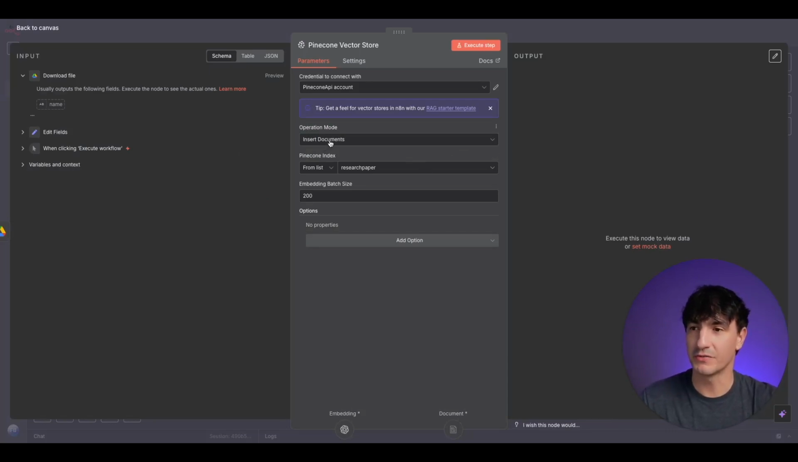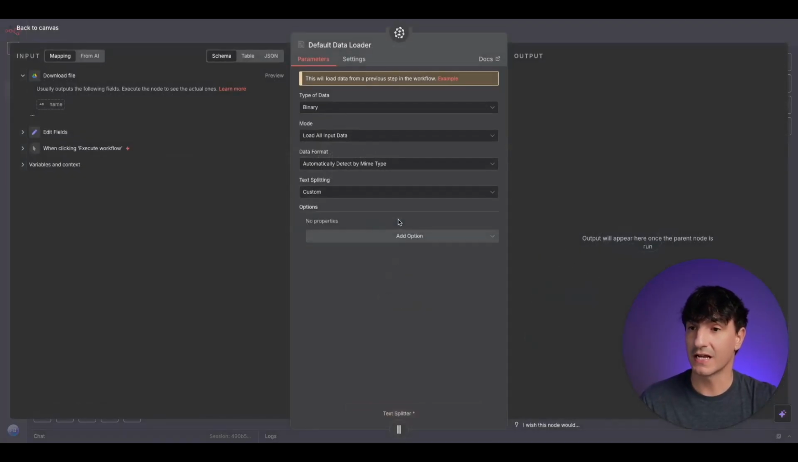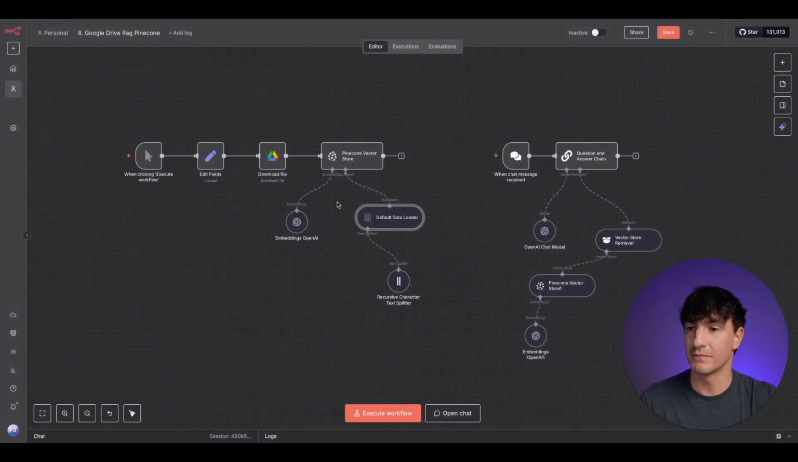We have the operation mode, insert documents. From the list, this is the index. I just created the research paper index. If you click your drop down here, you'll be able to see all the indexes that you create. And embedding batch size, we can leave at 200. We have our default data loader. You can leave it stock as is when you bring the JSON file over from the school community. You can just leave all of this stock. You want to make sure that the text splitter is set to custom,